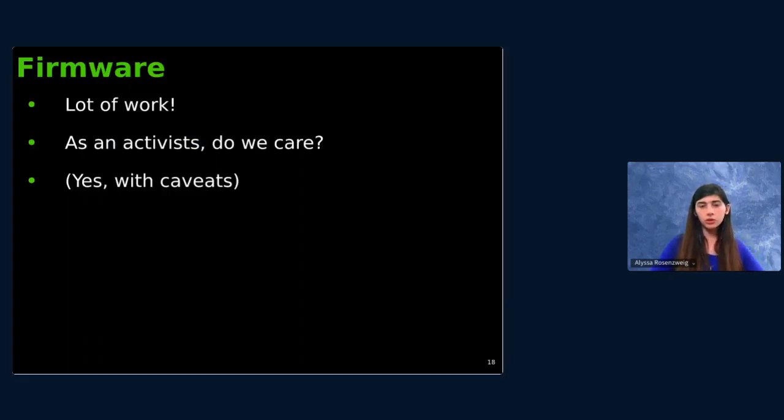The first would be firmware, and this is something that has received a fair bit of attention, but not enough nuanced conversation. Because if I wanted to give you the graphics support table, considering the state of firmware freedom for each device, you would get a very different picture.